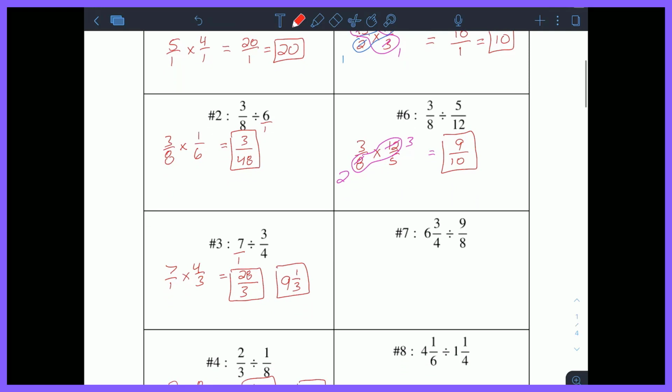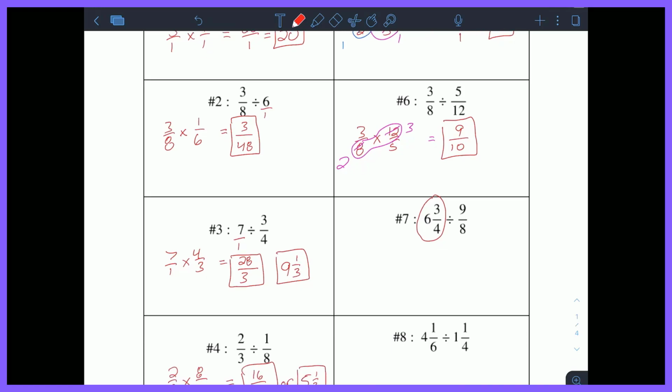Number 7, you have to change this mixed number into an improper fraction before you keep, change, flip. It is essential that 6 3/4 is taken care of and made into an improper fraction at the very beginning of the problem. If you need a refresher on how to do that, I'm just going to zoom in real